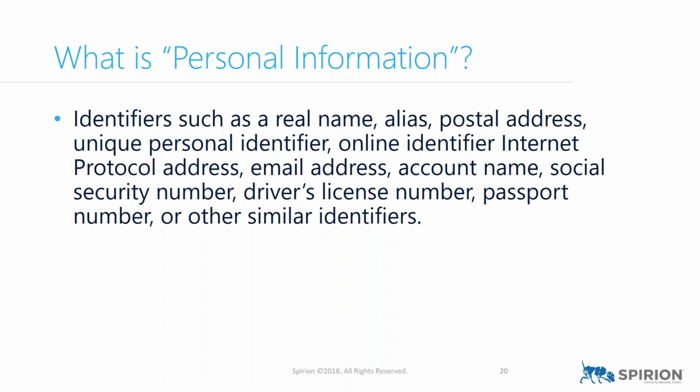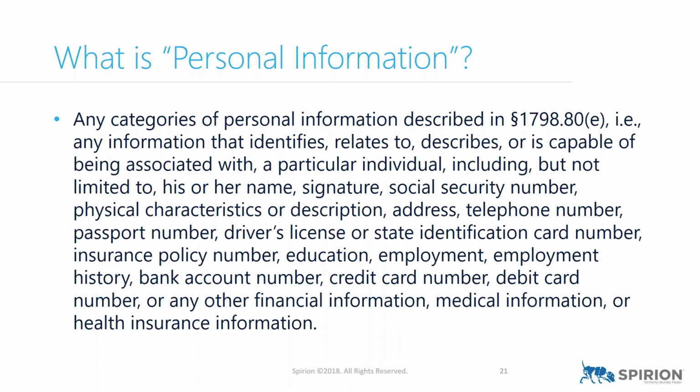If we go to the next slide, there are about 10 to 12 categories of personal data. So now you have another category here. You have name, signature, again SSN, but also physical characteristics, address, phone number, passport, employment history, bank account, the list goes on and on and on. So now you also have medical information, health insurance information, so a fairly large list. And you may think, okay, great, we're done here. But wait, there's yet more.